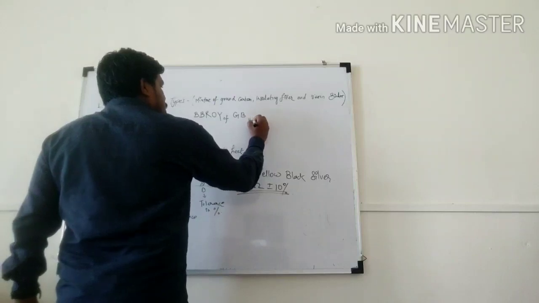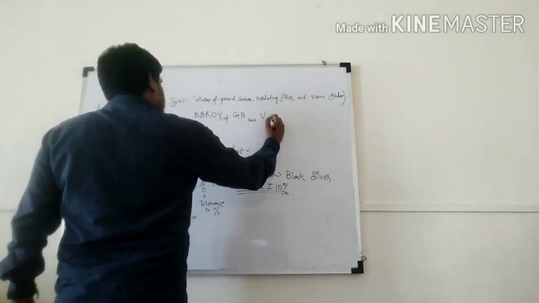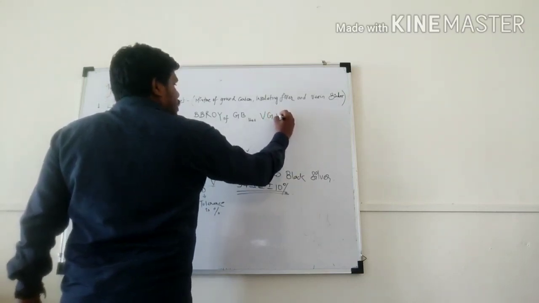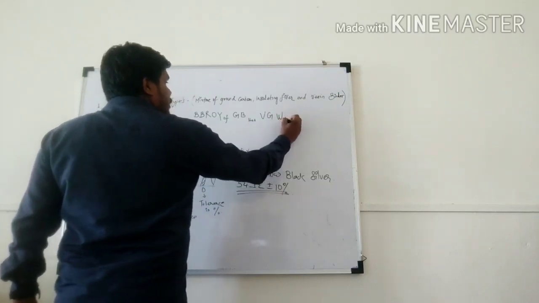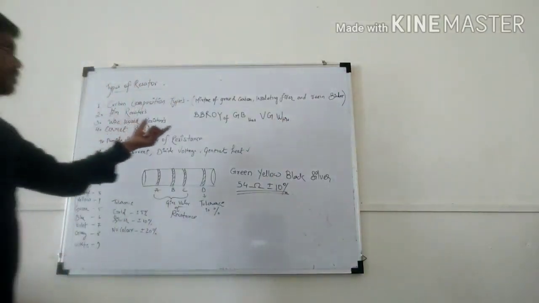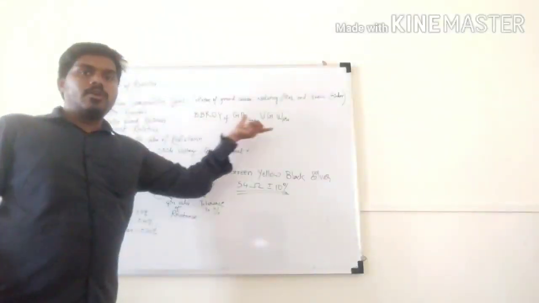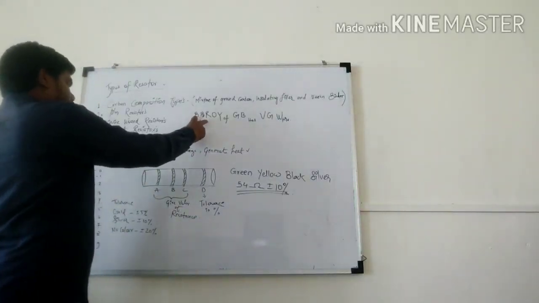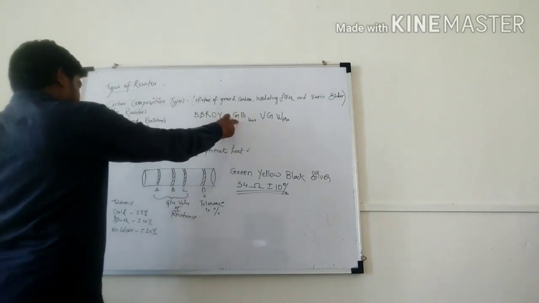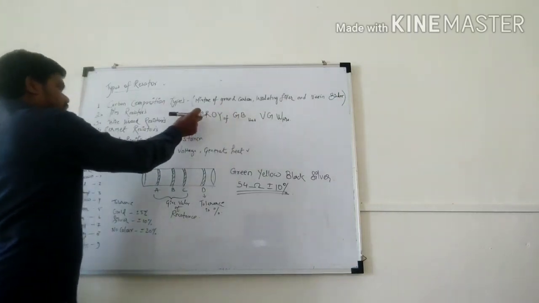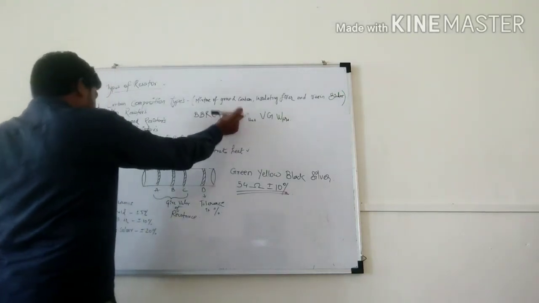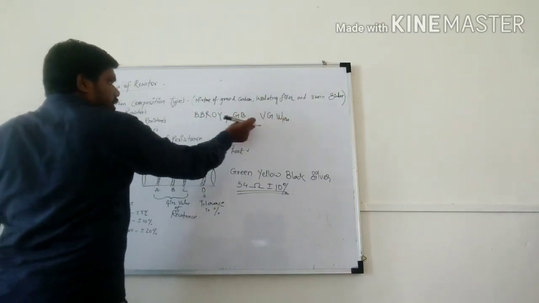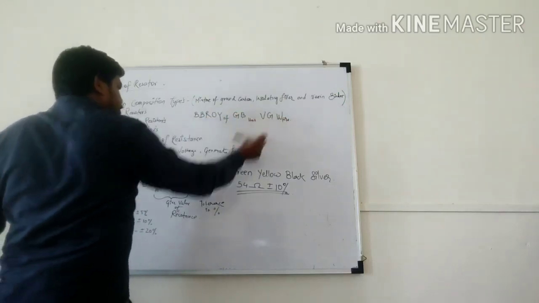BB Roy of Great Britain has a very good wife. You can remember it this way. BB Roy of Great Britain has a very good wife. So B stands for black, brown, R red, O orange, Y yellow, G green. Then we have the third B for blue, V for violet, G for grey. The first G denotes green, the second G denotes grey, and W denotes white.